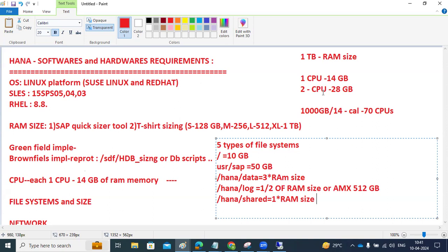CPUs you get based upon the RAM size. File systems and their spaces you get based upon the RAM size only. You can see 10 GB, 50 GB, 3 times RAM size. So 1/2 of RAM size, right? So you got it here, right? So it's a max